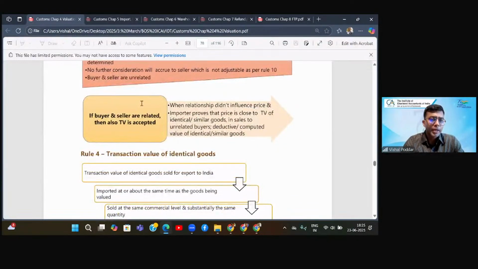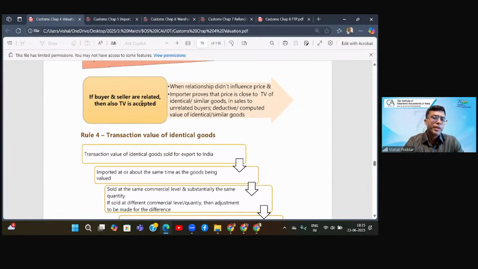If buyer and seller are not related, then it goes a step ahead to say that we will still accept your transaction value where buyer and seller are related, if you as an importer are able to demonstrate, to justify, to prove that the relationship between you and me has not influenced the price. It means whatever price I'm charging to an unrelated person, a similar price I'm charging to you. You have to demonstrate this, justify this. Further, you should also be able to prove